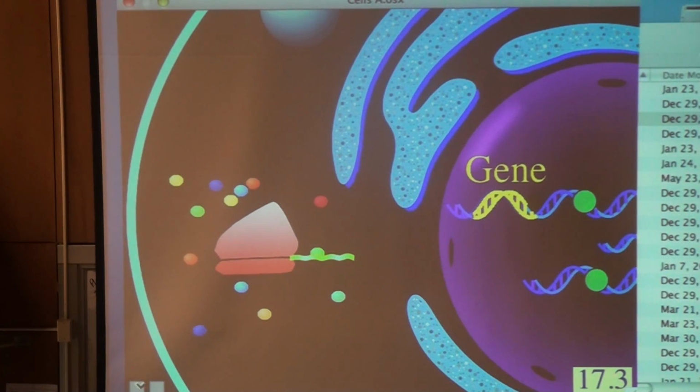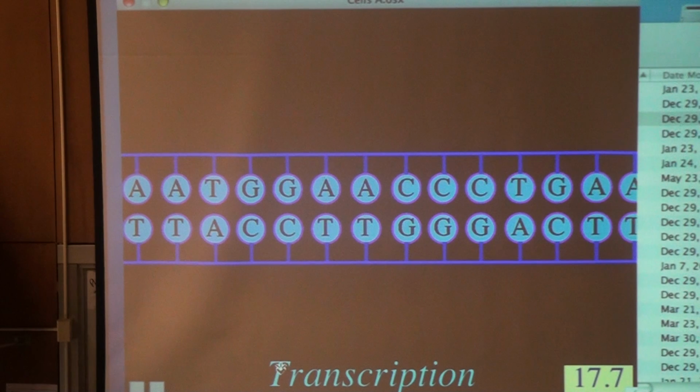Let's go back to that gene inside the nucleus and see the transcription in a little more detail. All right, so there's our gene. 2 complementary pieces of DNA, it's part of a chromosome. For transcription,